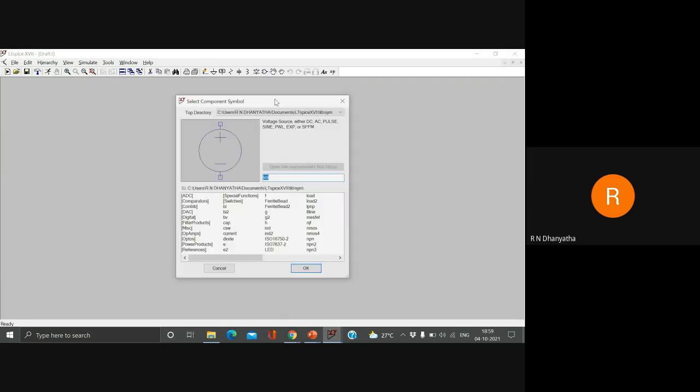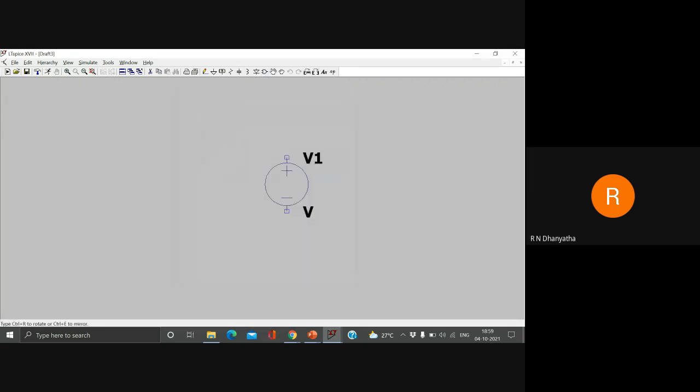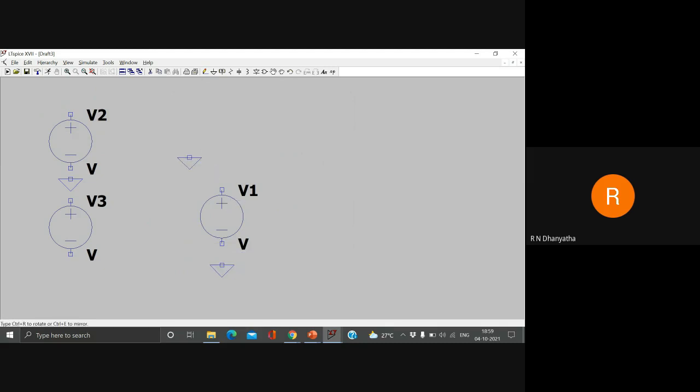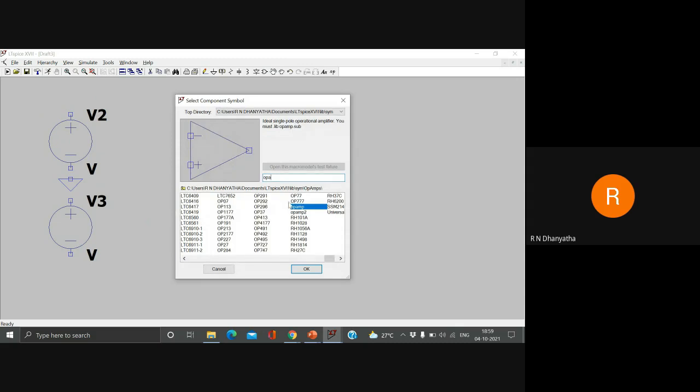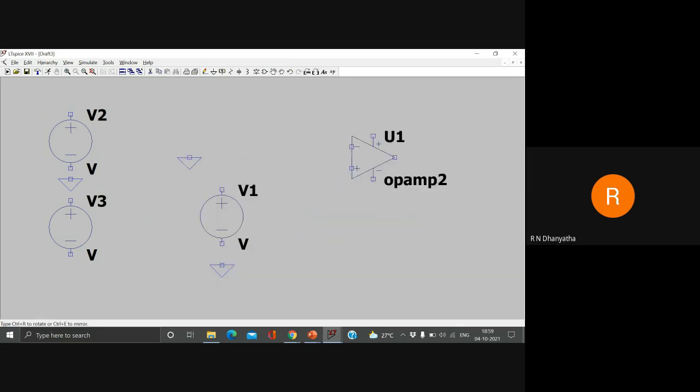So Control and new file. So since you have got the knack of building circuits in LTspice, we'll just build it very fast. So first we need to select, okay, let's start with voltage itself. Voltage source, we have connected one voltage source, and we need two for the supply voltages, two here, escape. We need ground here and ground here as well. We need another ground here, I'll tell you why. And then click escape. We need OpAmp 2, then just click enter,